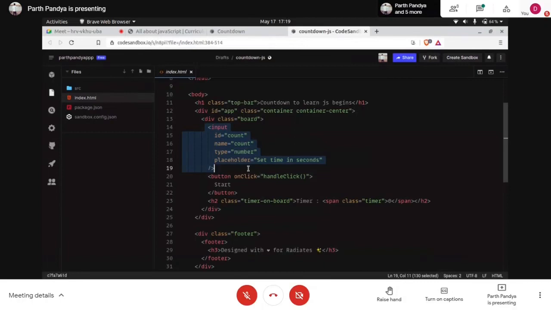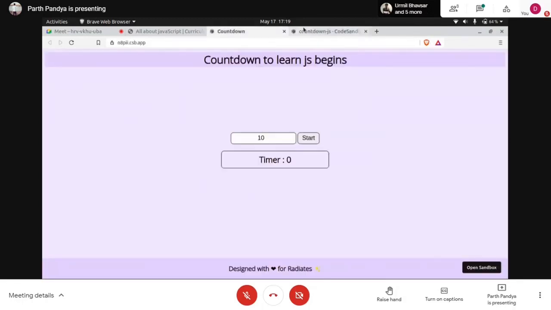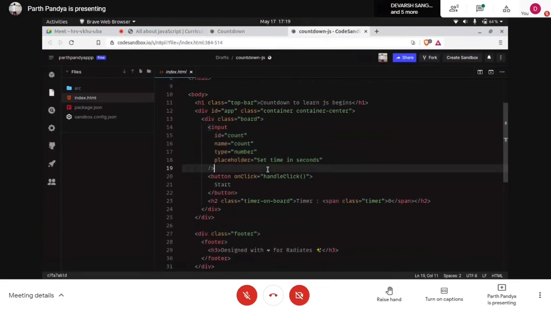We have a particular input area to be created, right? So it is self-closing, and we have attributes like ID. We have set it to count to reference it using JavaScript. We have named this input count to reference it anywhere. That means we want to call this input text.